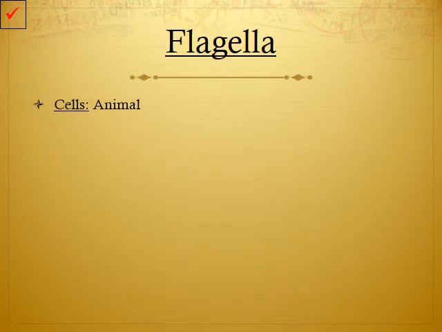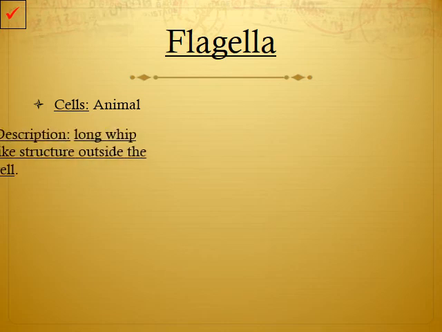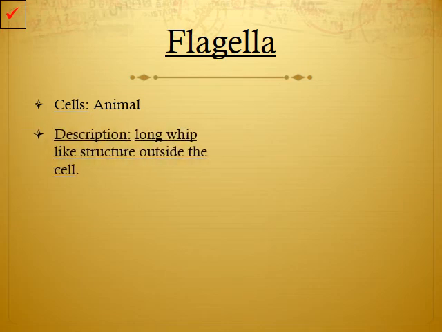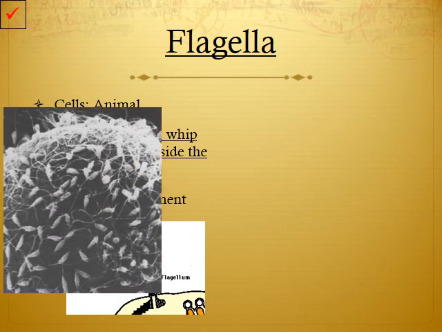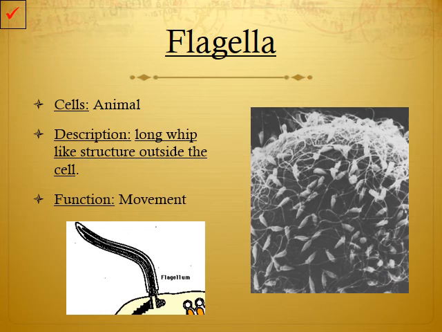Flagella. So once again, these are found only in animal cells. These are long whip-like structures outside of the cell that act like propellers, propelling the cell with some movement. So these are normally found in animal cells as well as they can be found on bacteria as well. So these right here are sperm cells, and all of these tiny little tails on the back are flagella,